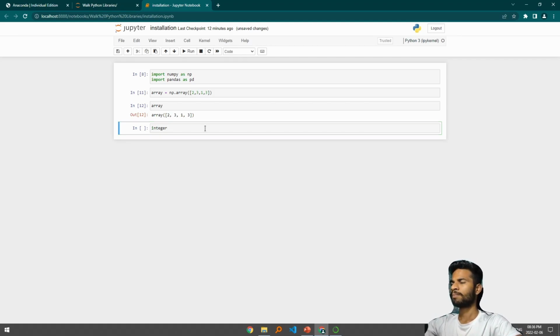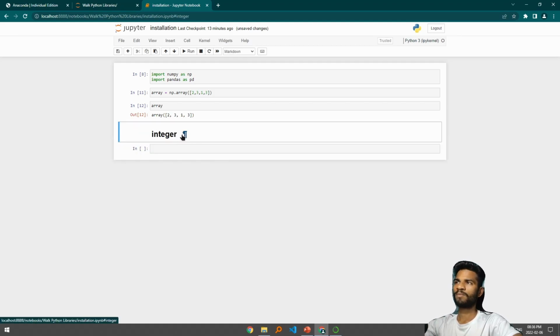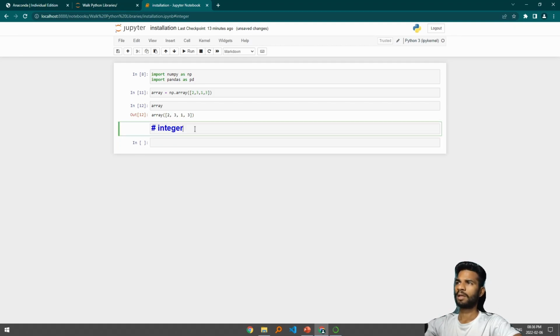So Shift M, or selecting this and hitting M, will just make this cell a markdown cell. A markdown cell is nothing but a heading for a particular cell. It is just for your understanding that you are performing some steps from here onwards, that you define here. Like, I am going to explain integers, so I will just use